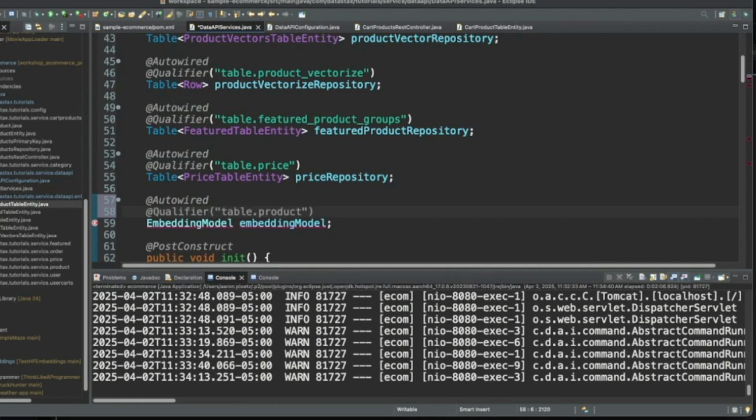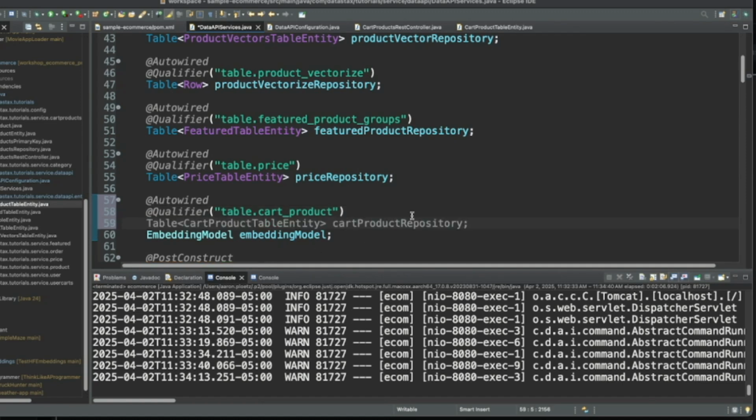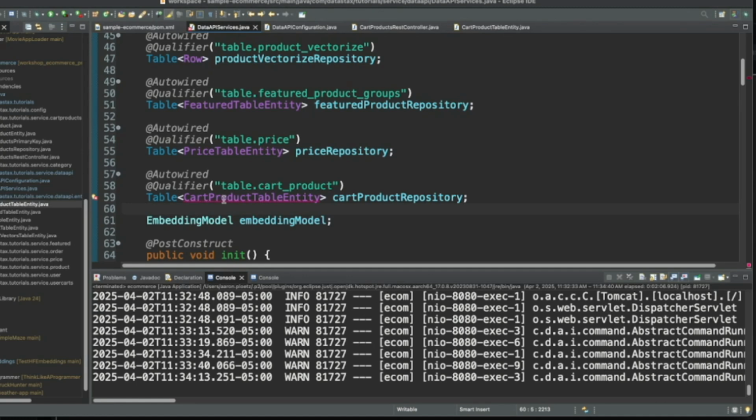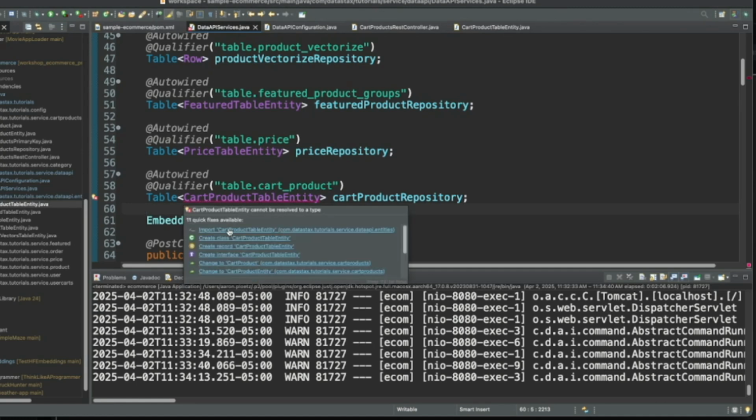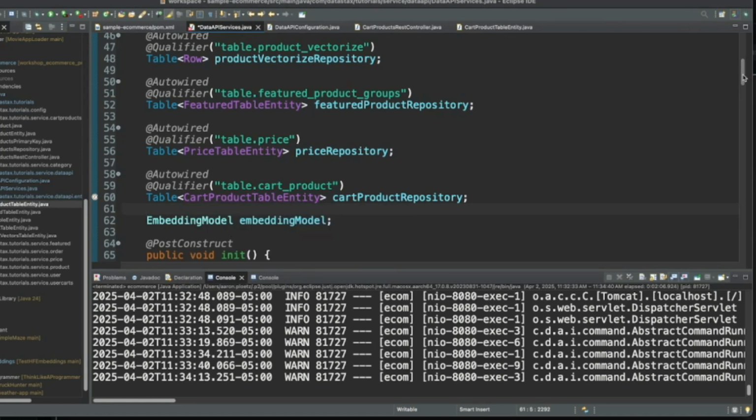Auto wired. Qualifier table, and we want cart underscore product, and that's going to be table cart product table entity cart product repository. Outstanding. Let's highlight that and get our import there.